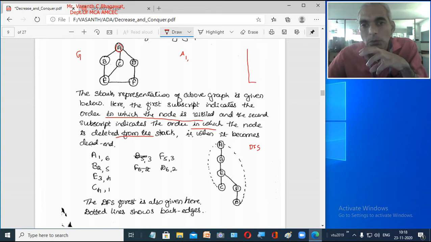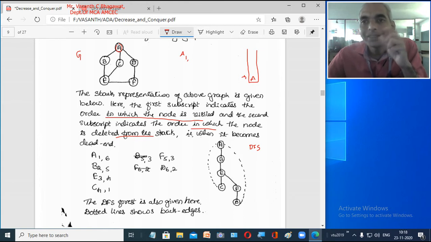You know how the data structure stack works, right? Now you have visited A. You are starting with node A. You have visited A, so we will put A into our stack. Now the top pointer will come here, right? This is your pointer top in your stack. So A was the first node which you have visited.